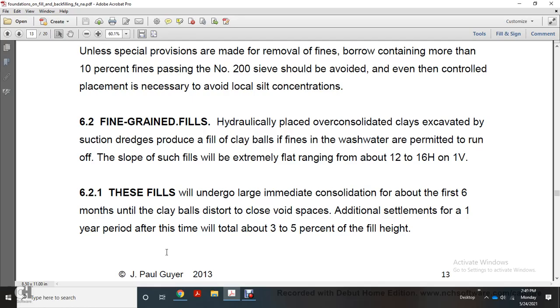Fine grade fill is hydraulically placed. Over-consolidated clay is excavated by the suction dredge to produce a fill of clay balls and fines, with the wastewater permitted to run off the slope. Such fill will be extremely flat, ranging from about 12 to 16H on 1V. These fills will undergo large immediate consolidation in about the first 6 months until the clay balls destroy the void space, and close the void space, with additional settlement over a 1 year period. At this time, a total of 3